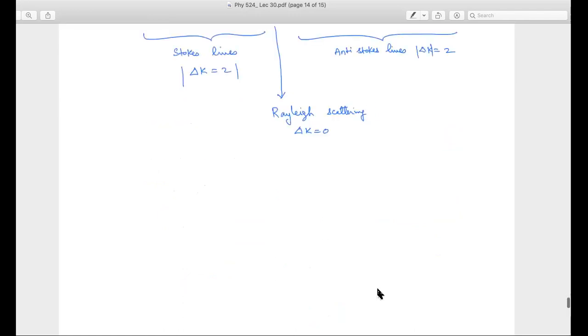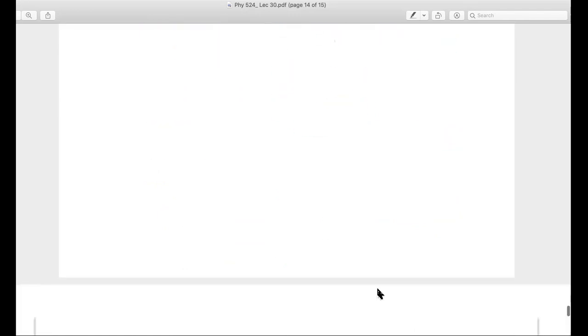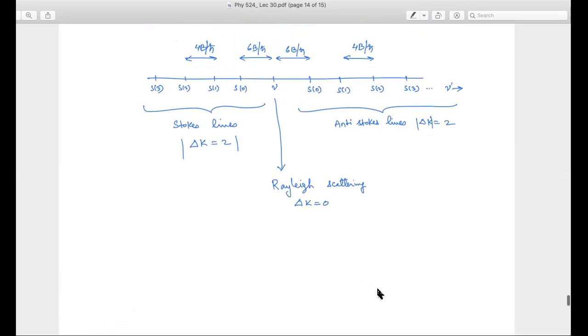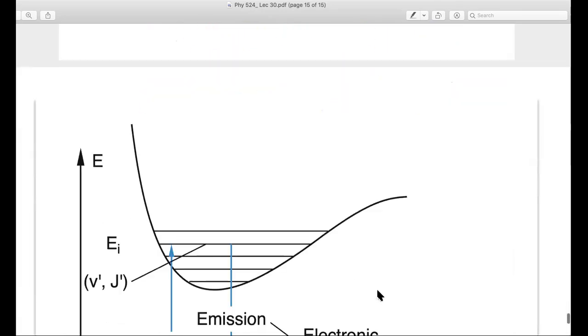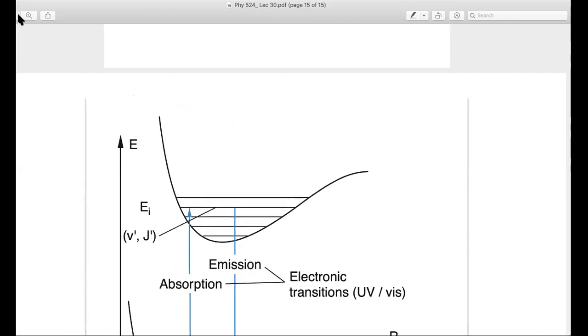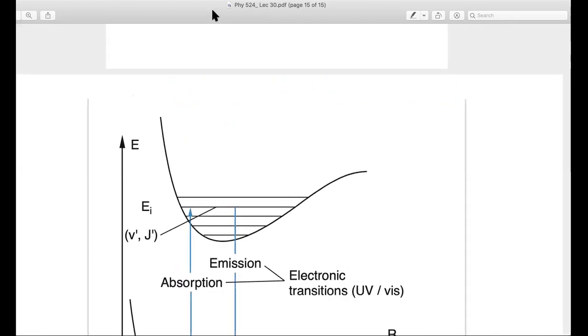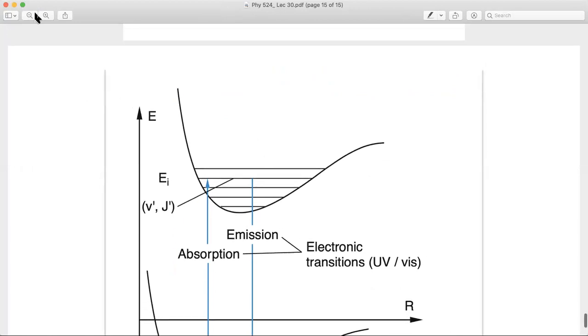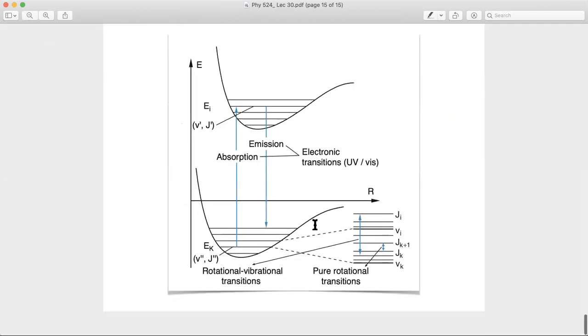So I'll stop here today, and then we will continue tomorrow a bit more on electronic transitions, vibrational transitions, and rotational transitions again. And then a bit more on polyatomic molecules, let's say. Particularly, I wanted to discuss the case of ammonia and the ammonia maser. But before closing, just one more picture.